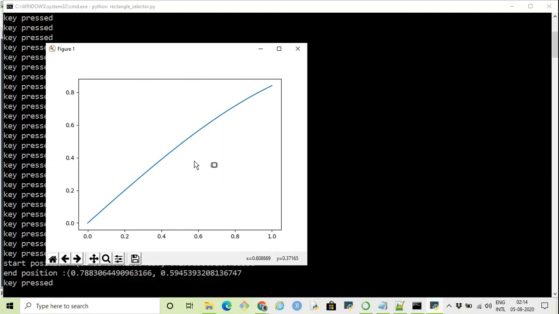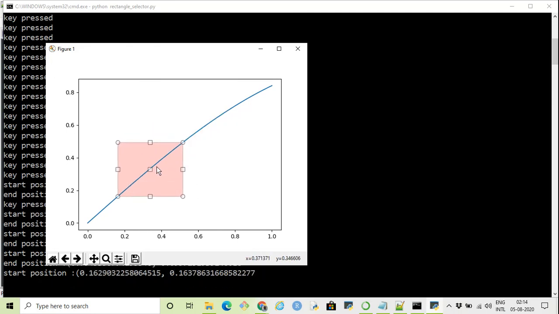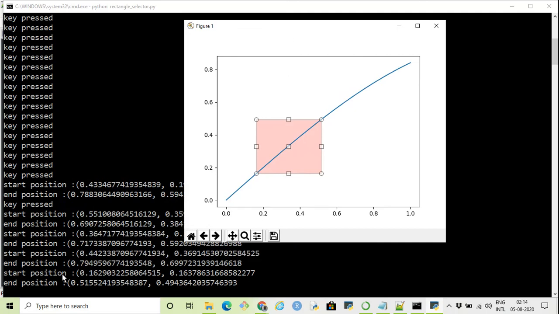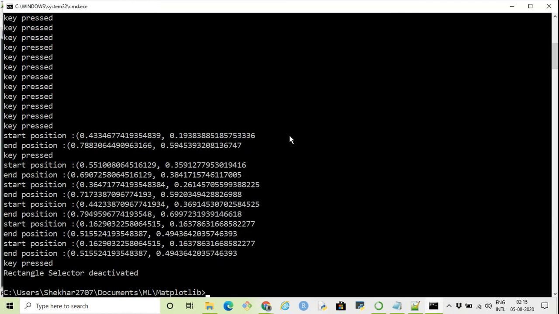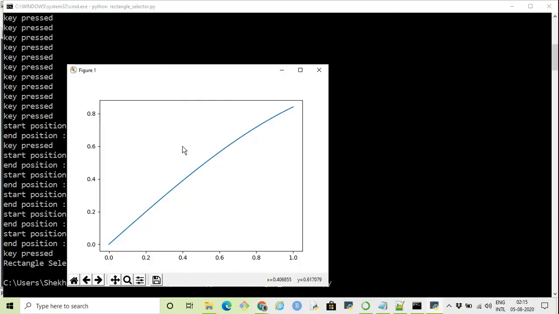Now I can move it if I want to. I can bring it into any area that we want to, and based on the position where it is, we can see the starting position and the ending position. If I want to quit, we can press small q, and it will quit. Let's run it again and make a selection,